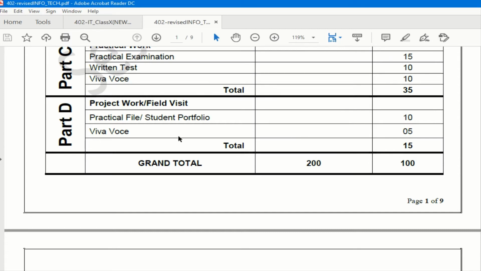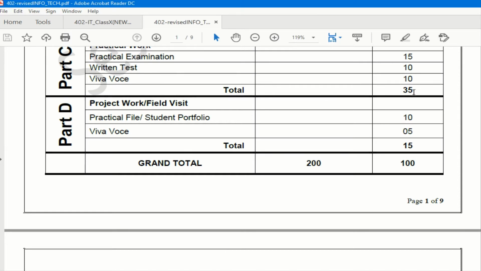We may not be able to conduct a viva, so we will be giving you marks for this 15 marks depending on what you have submitted in your practical file. So this particular project file is very important to you from the point of view of internal marking. This project file has to be submitted and will be kept as a reference in the school. So please do this practical file very neatly, from the point of view of the internal assessment of marks.